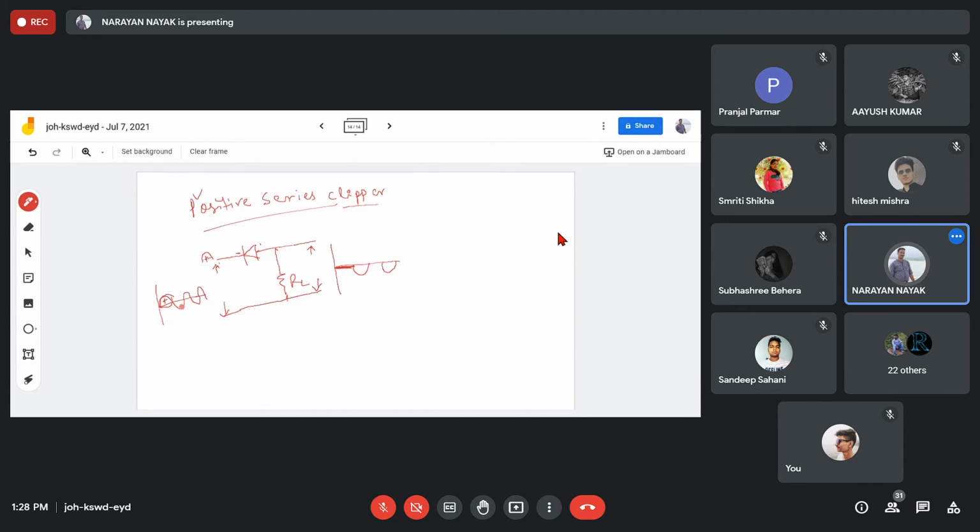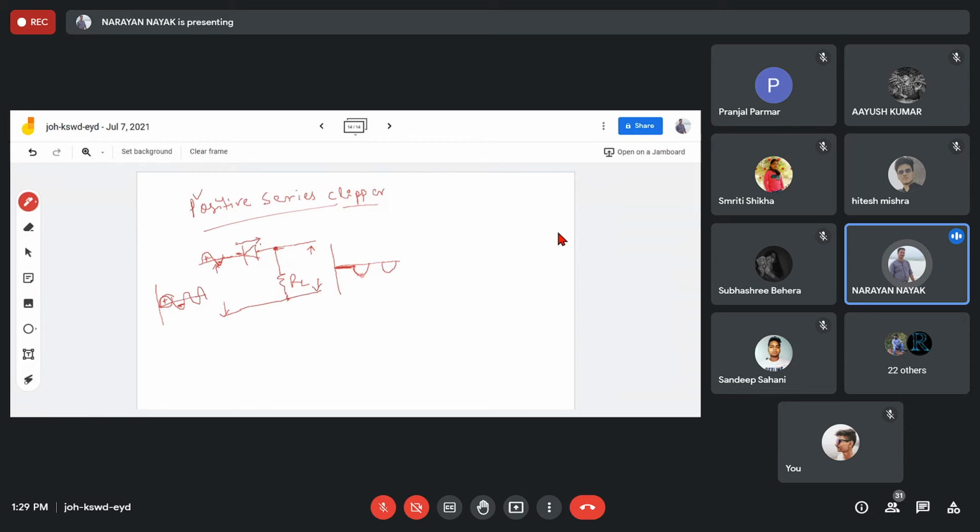Then here you have the negative half cycle. In the positive half cycle, the diode doesn't conduct. Now you go for the negative. Once it is negative and this is negative, what will happen? It is forward bias. The diode conducts, so the current will flow. Understood? Which current will flow? The negative half cycle of current will flow. That means here only the negative half cycle will be available, with the resistance. So what will happen?